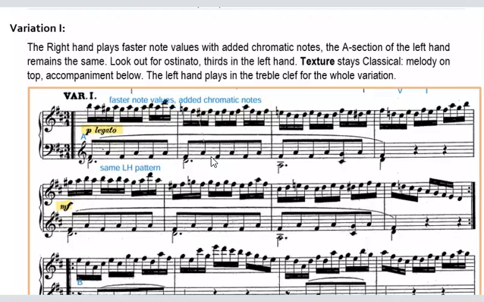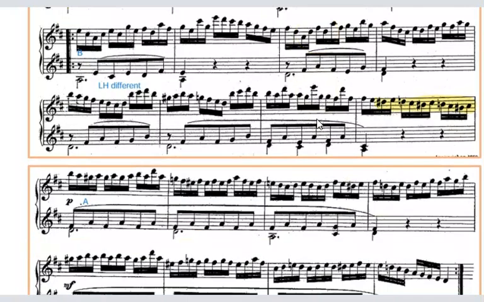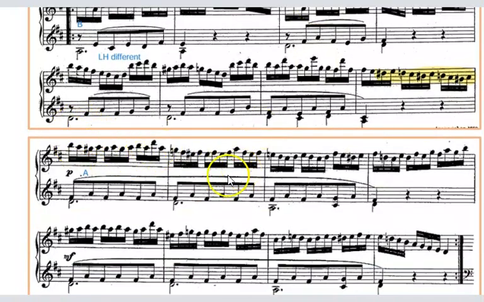The texture stays classical, melody on top, accompaniment below. And the left hand plays in the treble clef for the whole variation. You see that in the B section the left hand is now different. I see sequences, I see chromatic notes. The right hand is quite busy, and the A returns with the left hand playing exactly the same as in